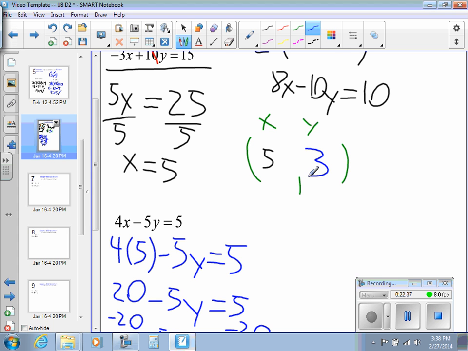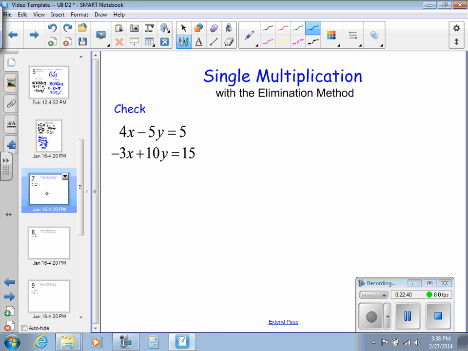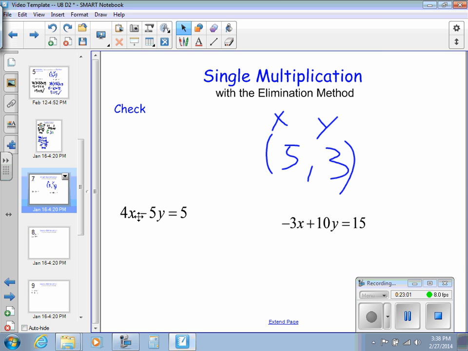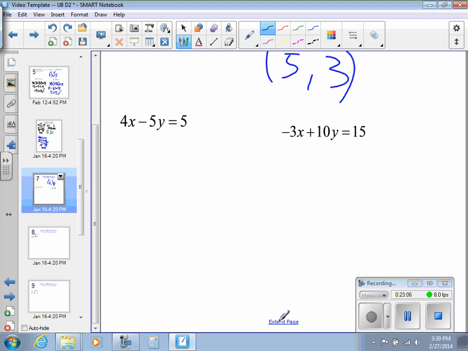Now let's take it over to the next page and check it. I've got 5 comma 3. So over here, 5 comma 3. This is my x and this is my y. Put one equation over on this side, one equation here. So here I have 4 times 5 minus 5 times 3